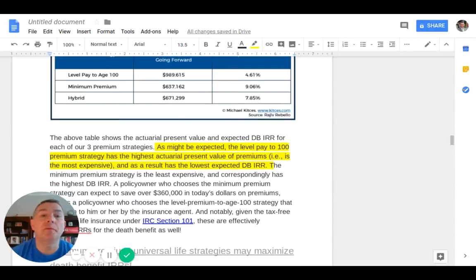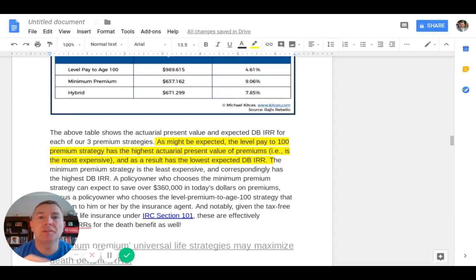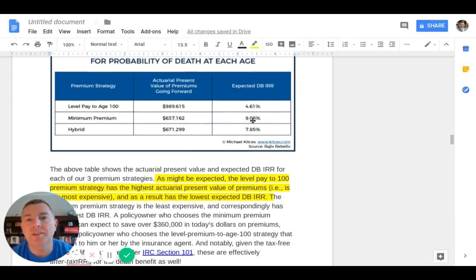And when you see stuff like that, I don't see how we can't start thinking more about life insurance. I just don't. I mean, if this is on the death benefit, so if we're trying to leave something, it gets me just fantastic. I love it, because you're not going to get a 9.06% death benefit on much anything else. You're just not. Could you get more on investments? Well, it depends. After taxes and fees, probably not. And then the volatility of it. And then in fact, if it's an IRA,